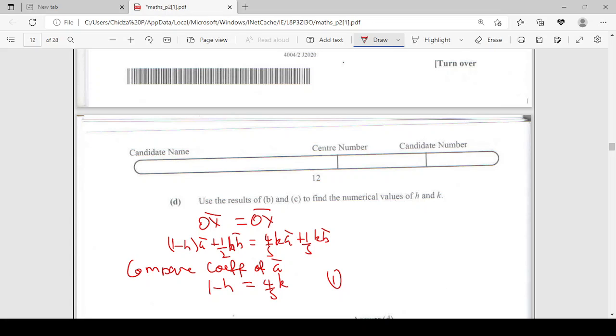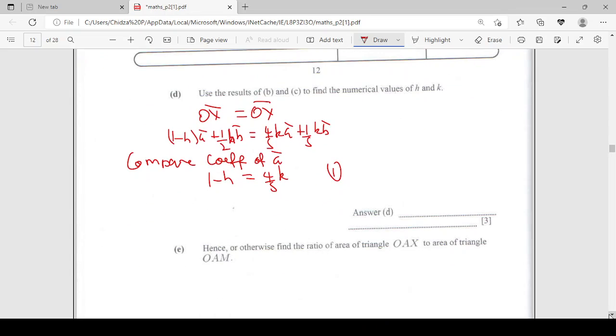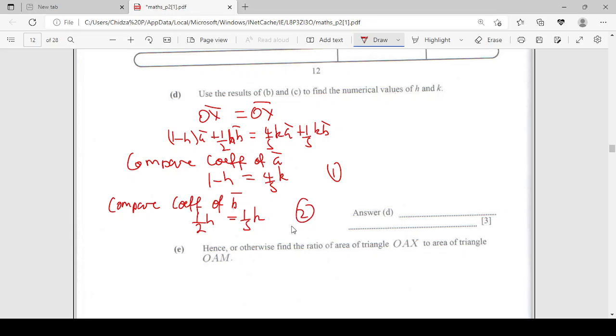And then the next part, you are going to compare coefficients of B, which from the left you have half h, on the right you have 1/5 k, and that becomes your equation number 2. So from 2 you can see that if you multiply throughout by 2, you will have h is equal to 2/5 k, and then you can proceed